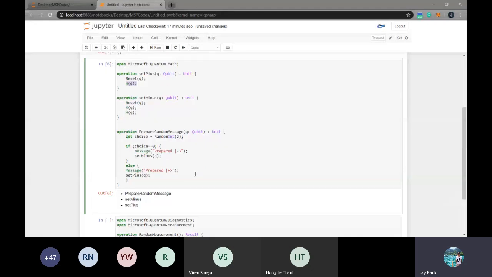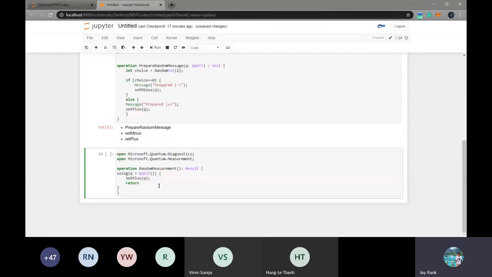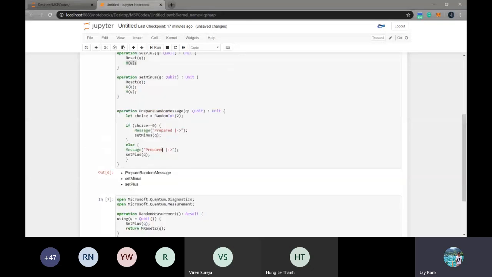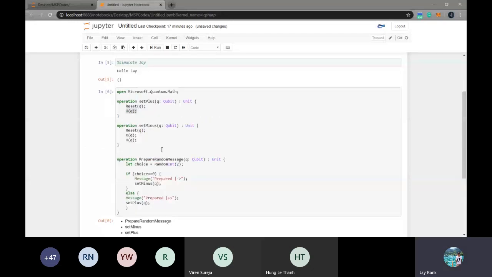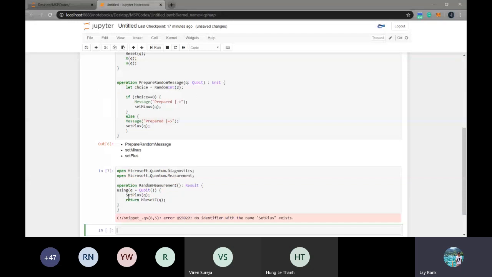So measure, reset it, 0 or 1, that is the rational number z, and pass the qubit. Set plus. Great, so the random measurement is successfully created.